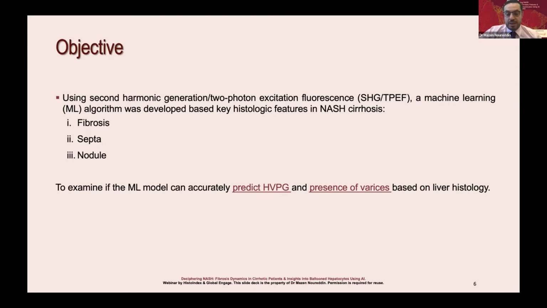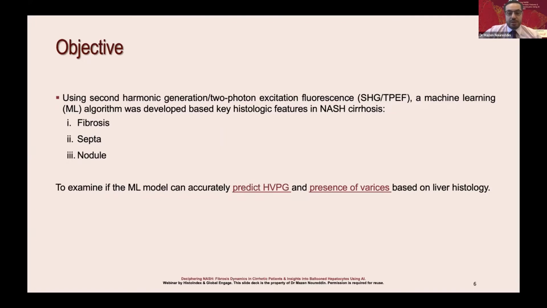Were done mainly in hepatitis C, that luckily we're getting it to be eradicated soon. We took advantage of the NASH cirrhosis study, which is the vilipectin study that measured portal pressures as the primary outcome. It also included assessment of varices. So here we have a surrogate of outcomes, which is HVPG, and also an outcome, which is presence of varices or not, to compare to.